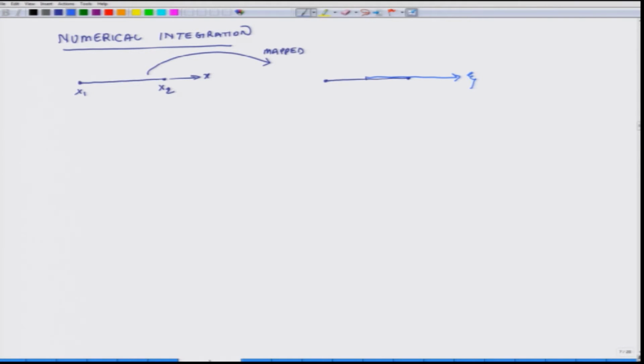And what were the dimensions of the element? This was +1 to -1. So, we had mapped this element to zeta coordinate system, and then we did numerical integration in the zeta coordinate system using Gaussian quadrature. So, the first thing we did was mapping,